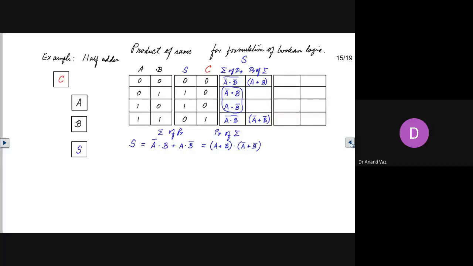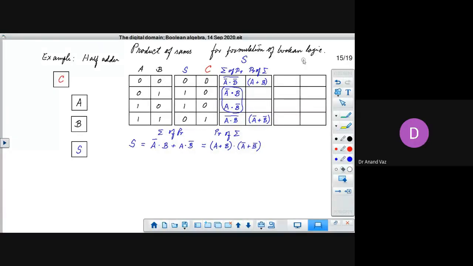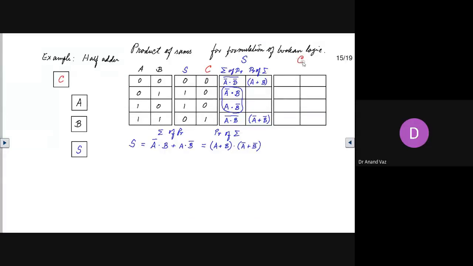Okay, so we'll change the color. So for C, again we have the sum of products and we have the product of sums. Now here, if we look, the output is 0, 0, 0, 1, and it corresponds to an input of 0, 0, 0.